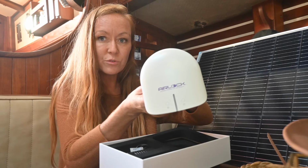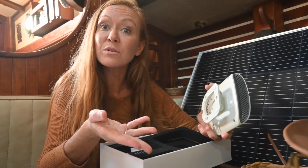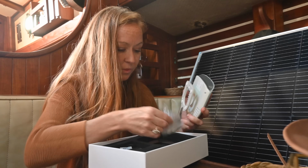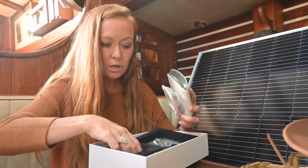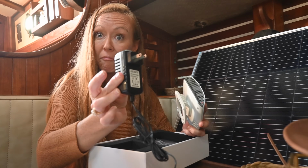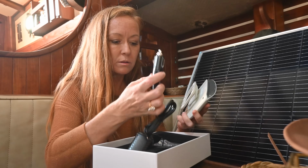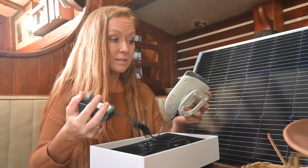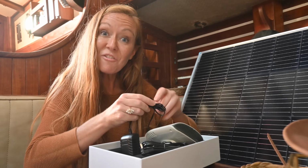So this is the Airlock Voyage. Oh, this is cool, y'all. This is really cool. This is for everyone. This is for you, even if you don't have an AC, I think. Yeah, and there's like suction cups here, so you can suction it if you want. Look at that. Or 12 volt. I don't have to install this. This is too easy. It's like installed already. You just plug it up and it's done. They fixed that